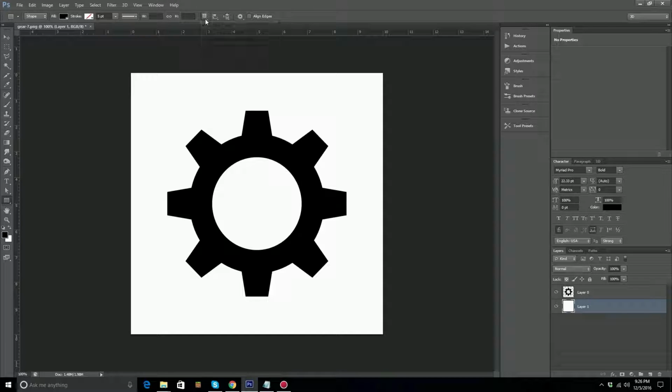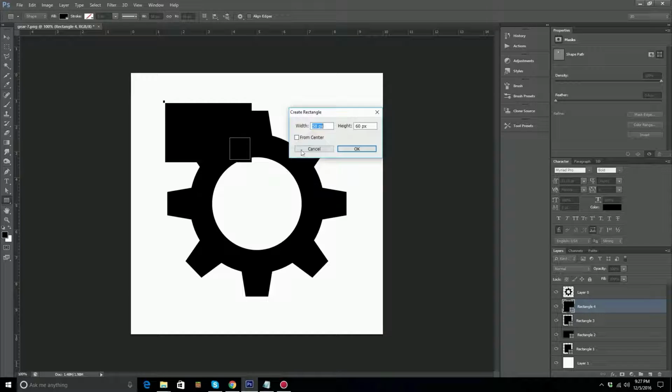Where is it? Here it is. So we can combine, subtract, intersect a shape, exclude overlapping shape, and merge shape components. And within Photoshop, if you also create multiple vector